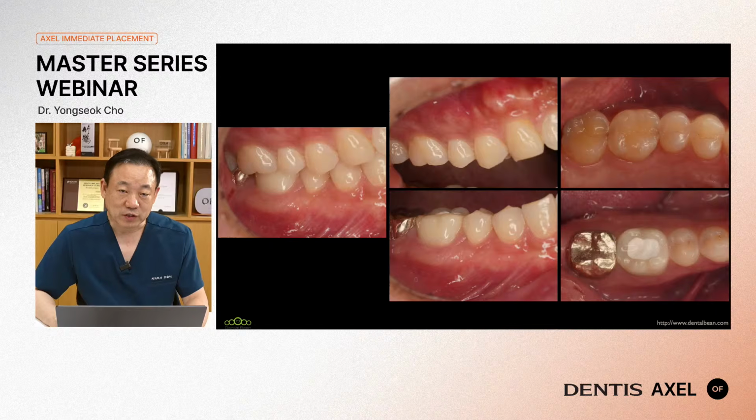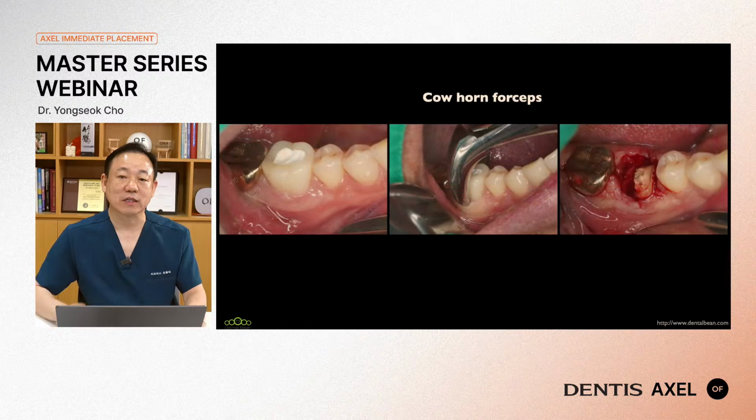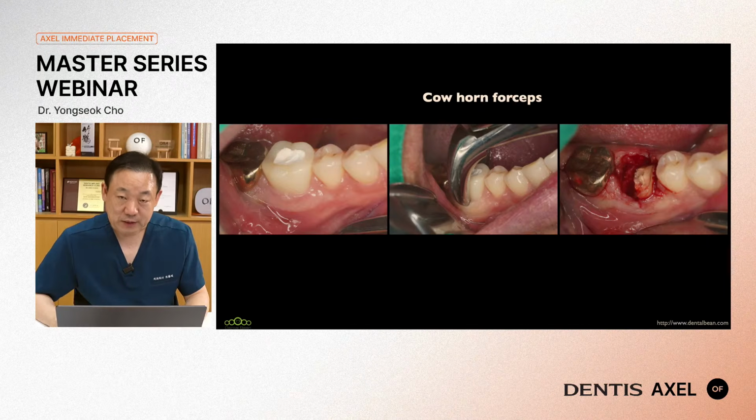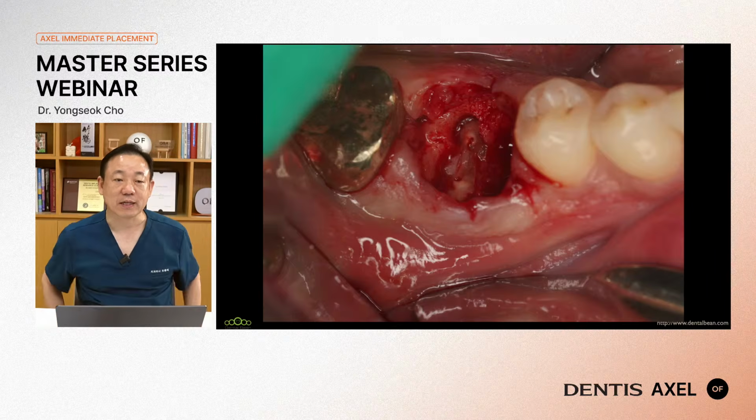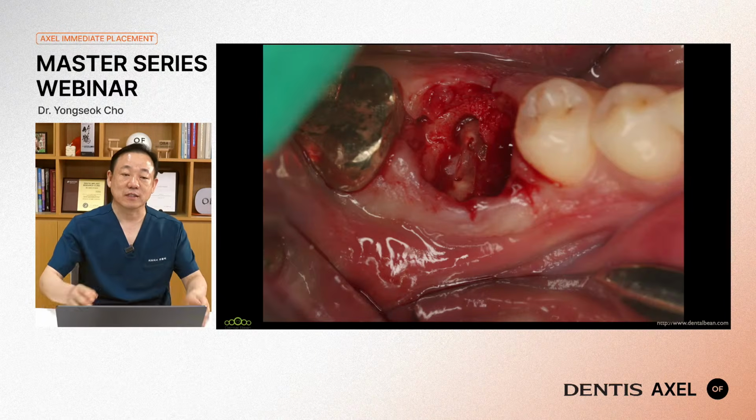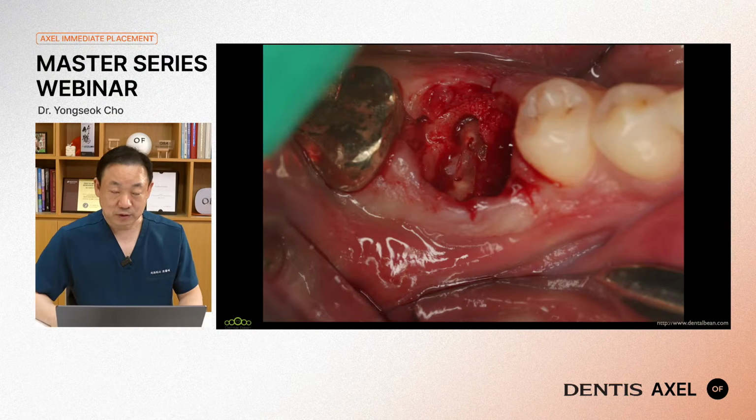Okay. To extract the tooth, this time I used the cow horn forceps, but unluckily the roots are fractured. Extracting such a root remnant is always challenging. There are several strategies to extract such a root. One is using a fine instrument, such as luxator elevator. Luxator is really nice. And the second strategy is